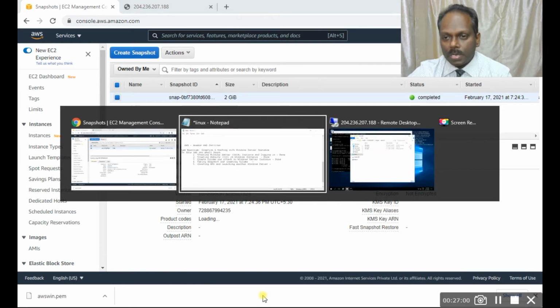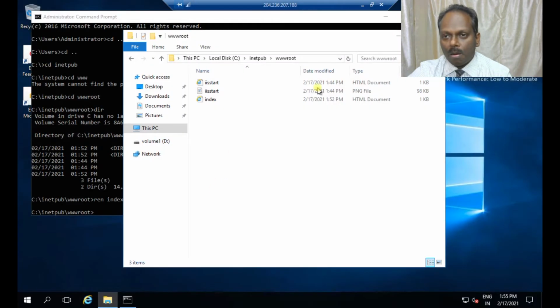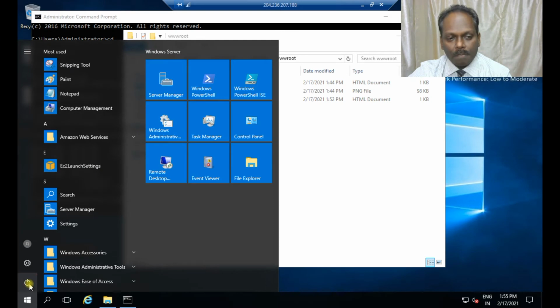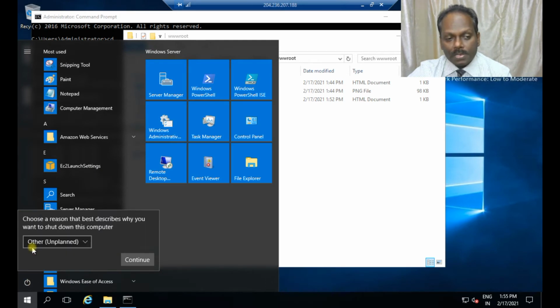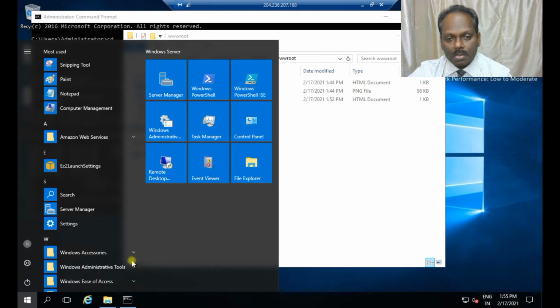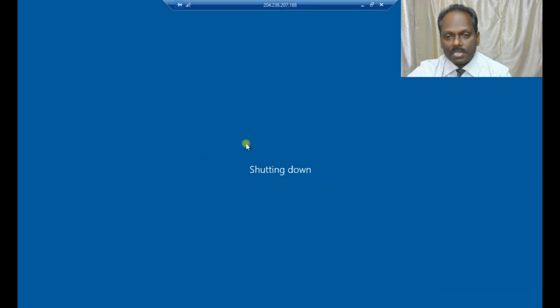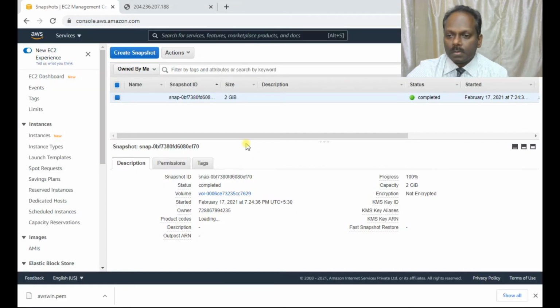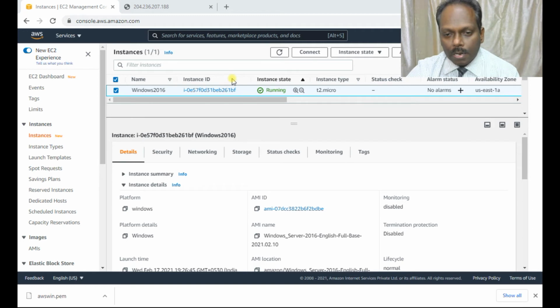Meanwhile, what I can do is I'll restart the server to make all the changes. So for this, I'll reboot the server. Whether the new password is set across, and also the host name, everything will change. Okay, this is done now. You can see this, the snapshot is done. So meanwhile, the server gets rebooted. So okay, the server is rebooted.